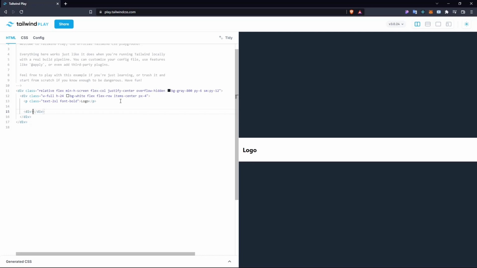And then we will add the other links, and to do that we will place some links inside a div. So we'll have a div here, and then I'm going to have class, and we will say flex, and then flex-row. Alright, and then we will have a bunch of links. So let's say a, and I will have an href of hashtag for now, and I will say, I don't know, account,